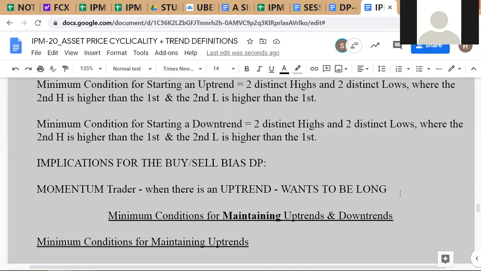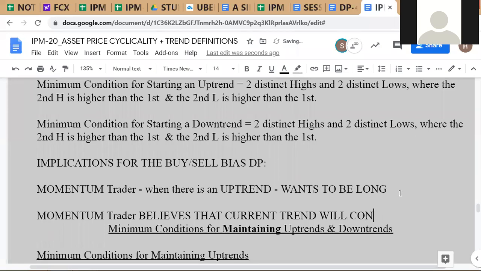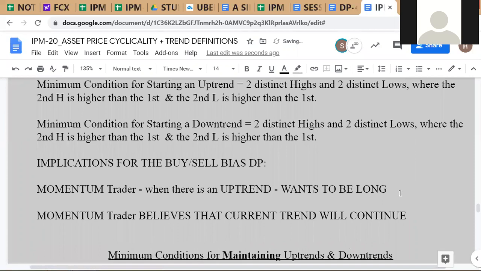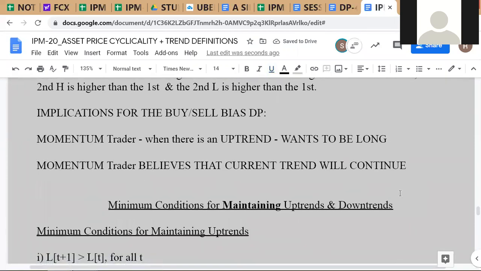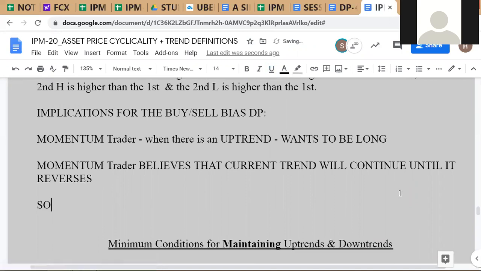Because it says wants to be long because the momentum trader believes the trend will continue higher. I'm just going to write it here. I may organize it later. Believes that the current trend will continue. So this may mess up these notes a little bit, and I may try to clean it up later. But the momentum trader believes that the current trend will continue until it reverses, and I'll explain this. So uptrend